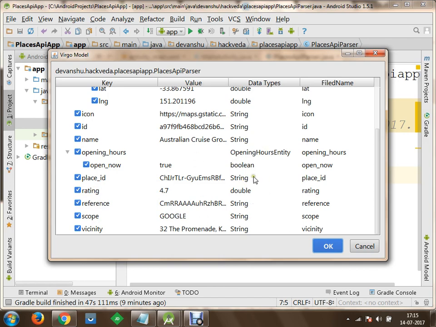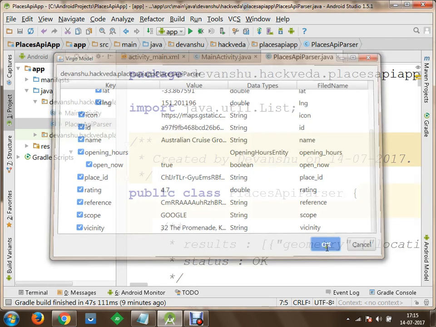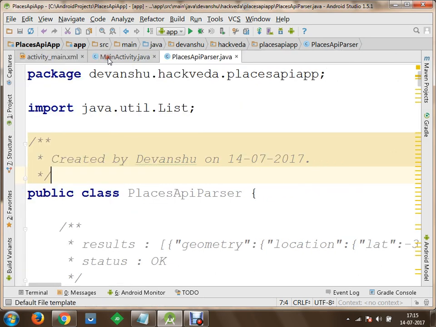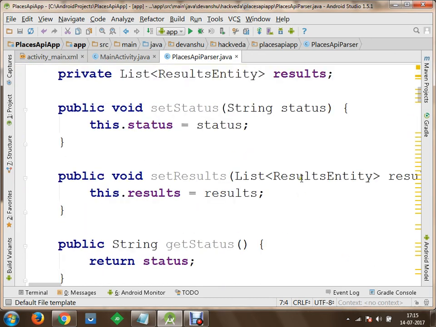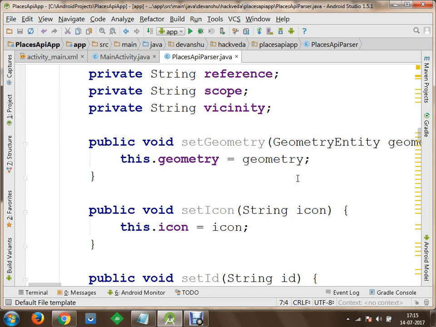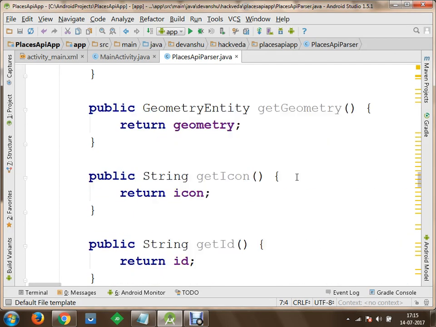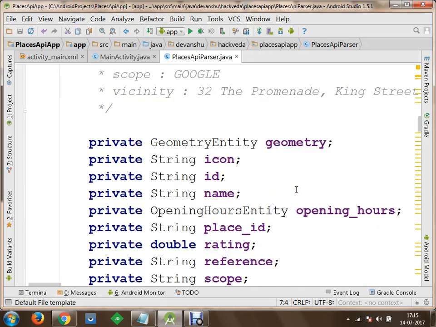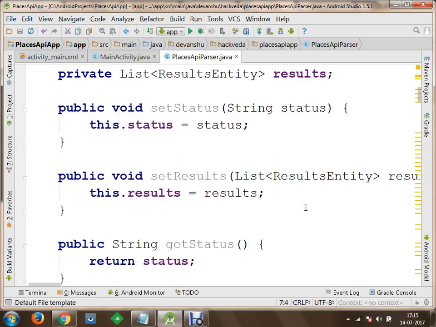Once we click OK here, for a big JSON response which will be returned back to you from the Google Places API, you're going to get this JSON formed. And as far as this JSON is concerned, now you can see that you have got the complete response created. In order to get the icon, in order to set the icon, your getter and setter methods have been created. So what next we'll do, once we are done with creation of this JSON format, now we are going to